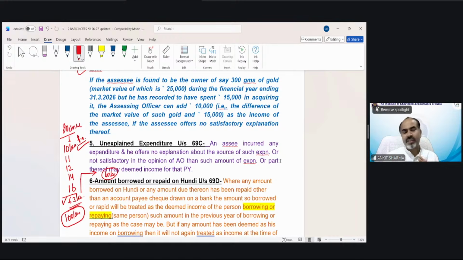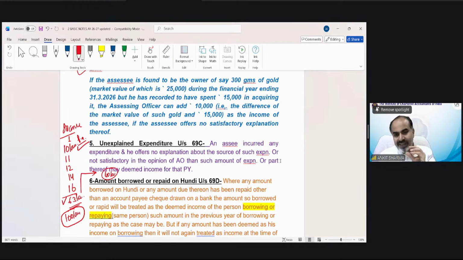When these kind of circumstances happen, a lot of explanation must have been given by the department to the assessee and vice versa. So if he is going to prove that due to some genuine reason he did not file his income tax return, due to medical emergency or any other thing, and if government understands that you have not escaped any tax, you have not avoided any tax, you have not evaded any tax, this has been proved that there is no tax evasion involved, then of course they will understand, they will not charge or call this black money.